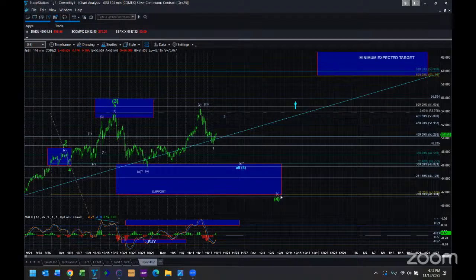I think I just answered that question. So I would not be looking at gold as a hedge to the markets. I would be looking at gold for what gold is doing in its cycle. That's probably the best way I can answer it.